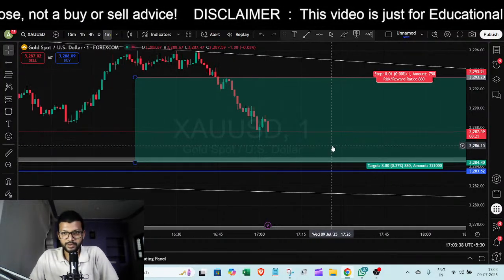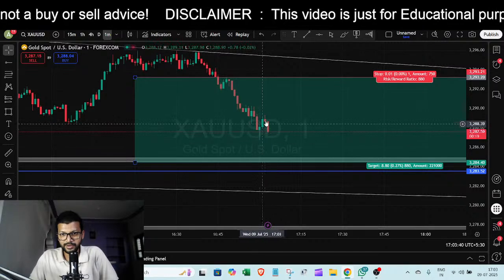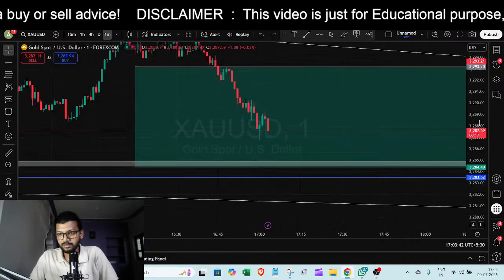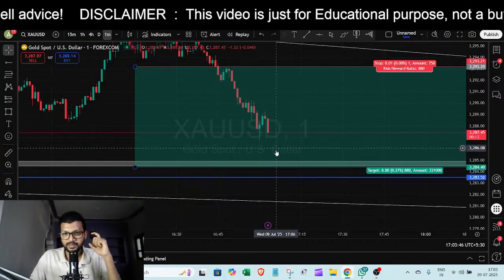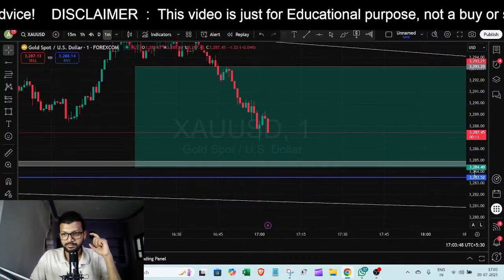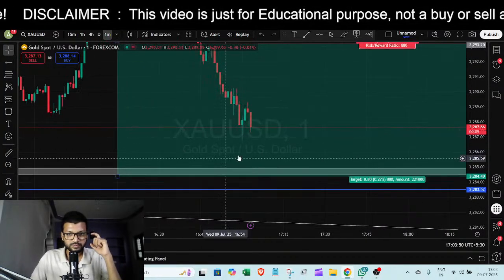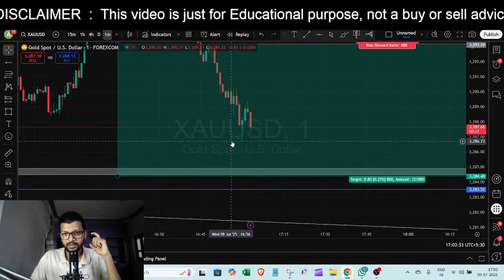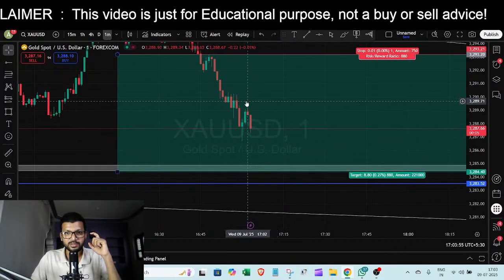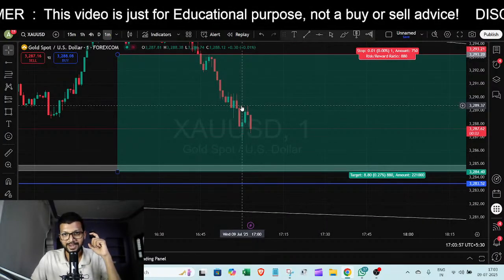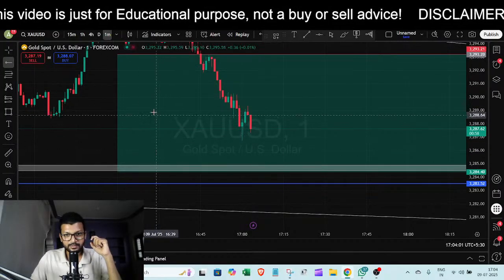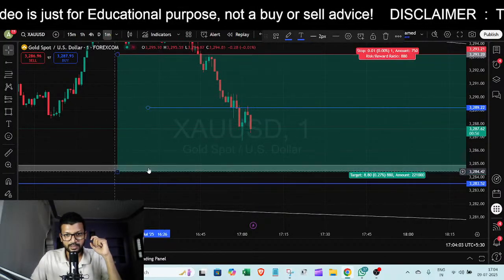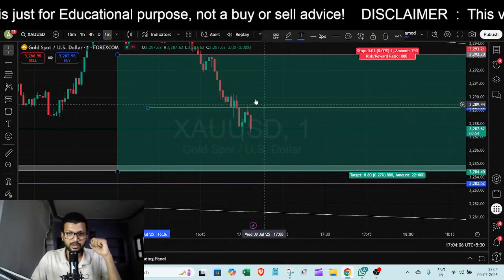If you look at the 1 minute chart, this was a retracement, and again gold started falling, and if this low breaks, then definitely we can get our target in one go. This low needs to break, and if you are having a position, you can trail your SL to this candle high. I will mark it. You have to trail your SL to this candle high,